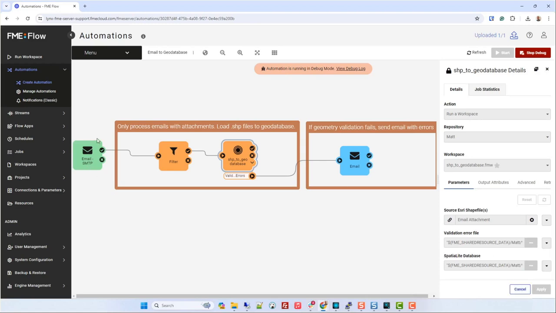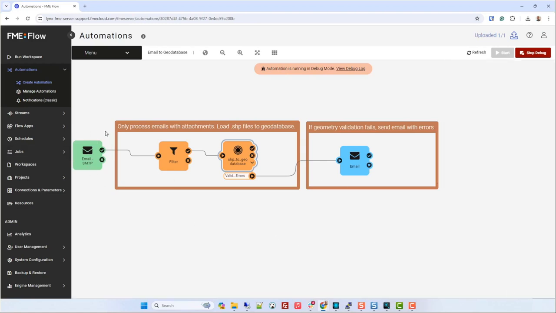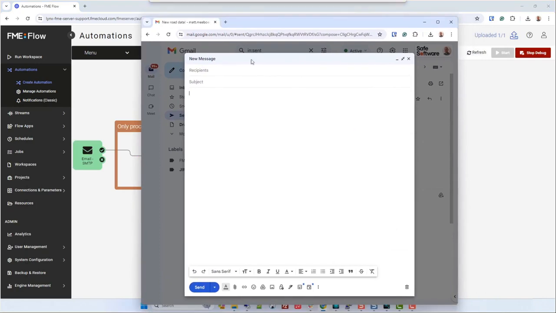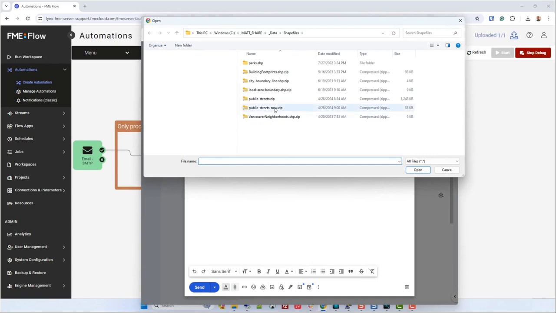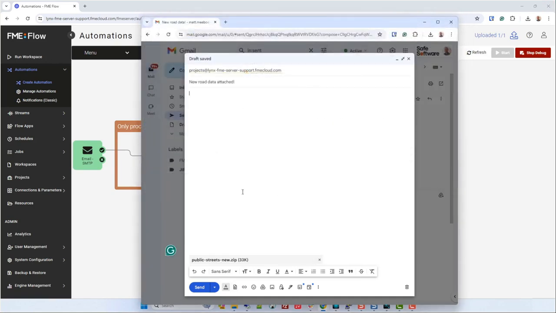And this is FME Flow. We're going to see this a lot more through the webinar. This is where you can create your real-time automation. So one of the triggers we have is an email trigger. When an email comes in, that's going to run that workspace we just looked at and process that file. So let's create an email. I'm going to email the FME Flow instance, and we'll say this is new road data attached. It's going to be attached as an Esri shapefile. So I'll attach that file of the new street information,